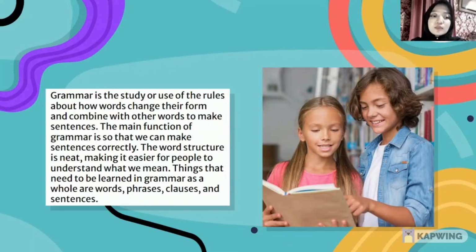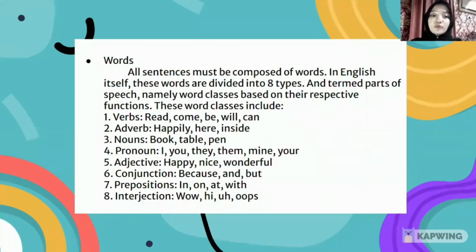Things that need to be learned in grammar as a whole are words, phrases, clauses, and sentences. The first is about words. All sentences must be composed of words. In English itself, these words are divided into 8 types, termed parts of speech, namely word classes, based on their respective functions. These word classes include